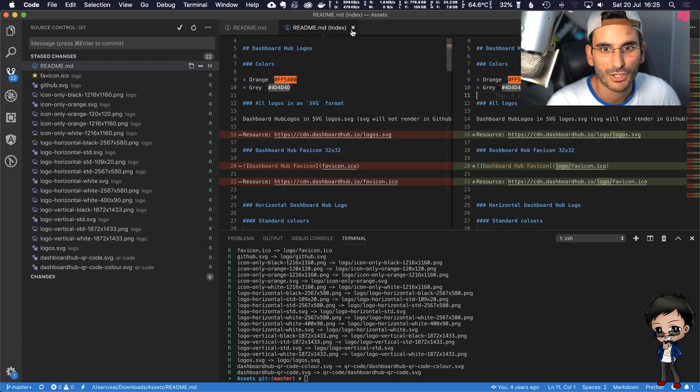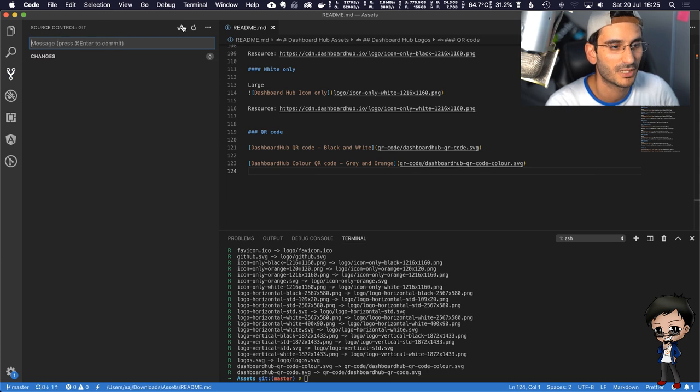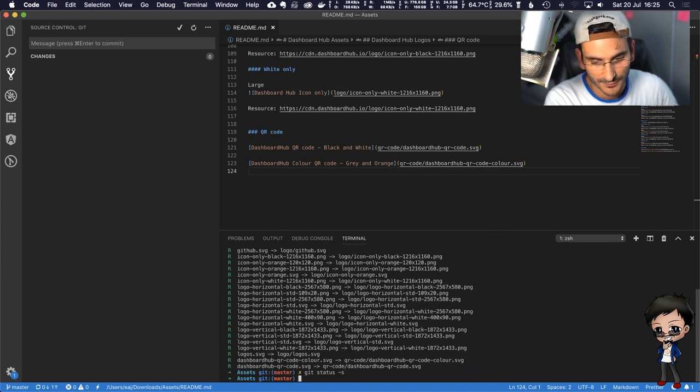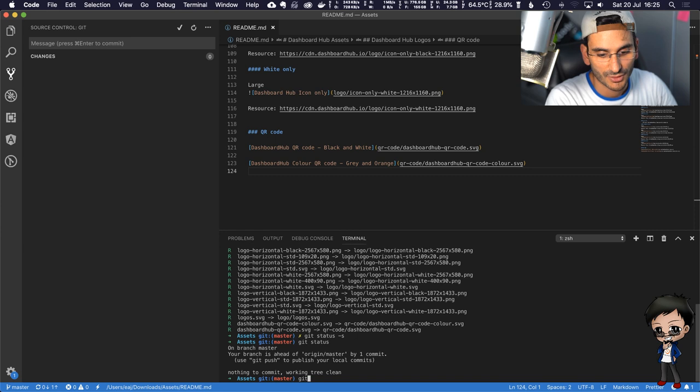But I'm happy with that. I'm not going to go through all that. I'm happy with that. Let's commit it. So, moved logos to logo directory. Let's just commit that locally, and then I can push that up because of my SSH key, as I mentioned before. So nothing's there, but if I remove the S, the summary, it will say my branch is ahead of origin master by 1. So let's just push that up and make sure that works before we add the mascot.